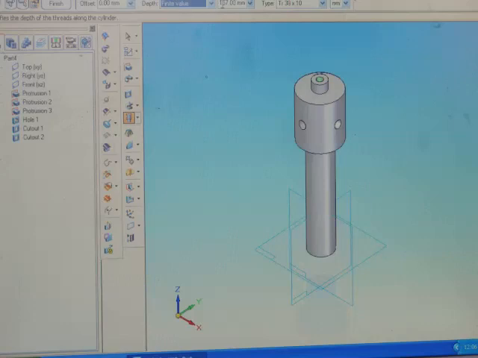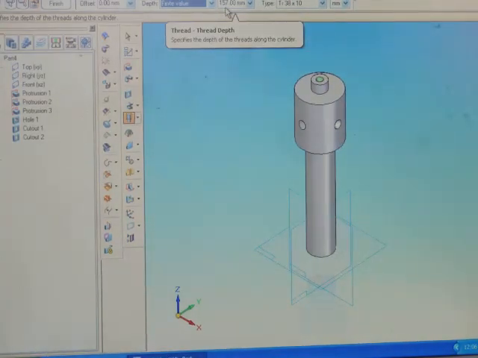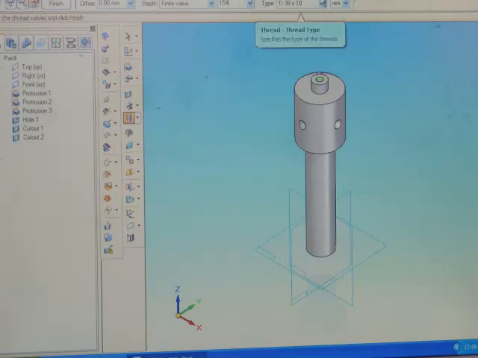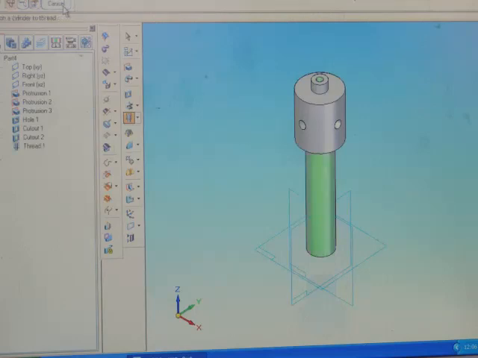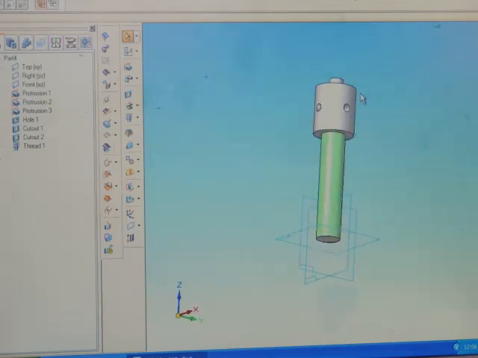It is showing 157 mm, the height of 157 mm. There is a gap of 3 mm here, so make this 154. Make this 38 into 7, finish, cancel. See here, now it is showing the part as completely threaded, but when we observe in 2D there is a gap of 3 mm here.